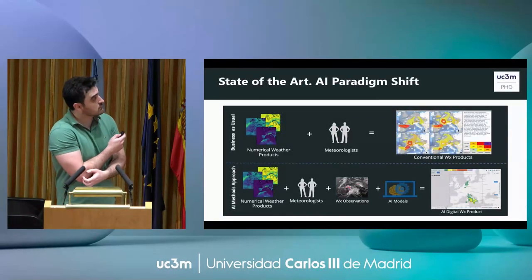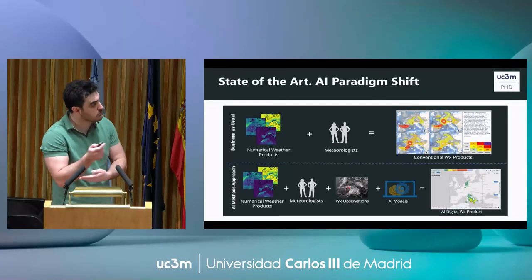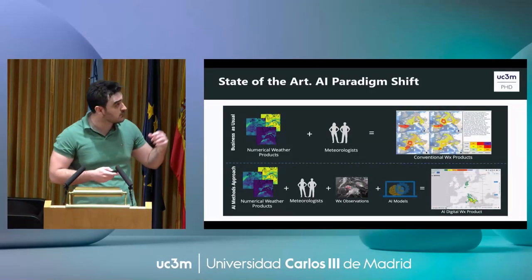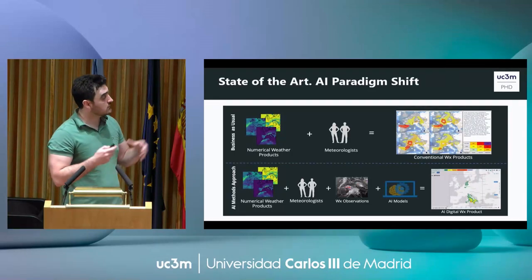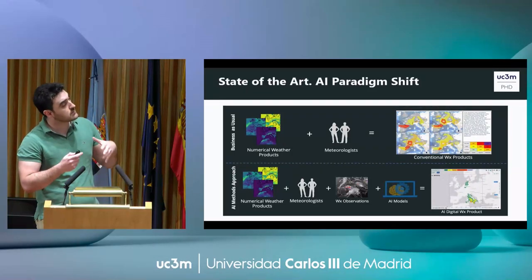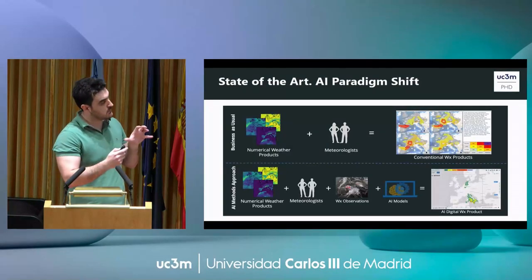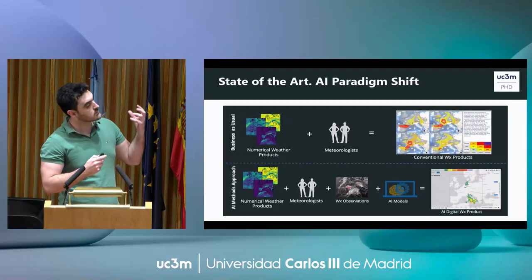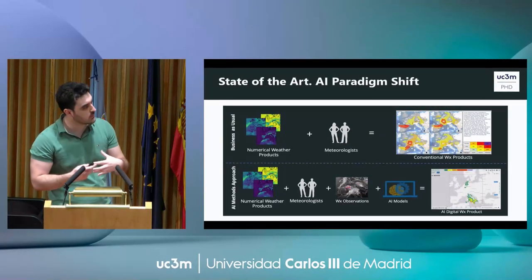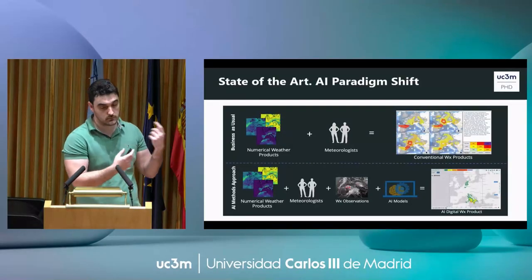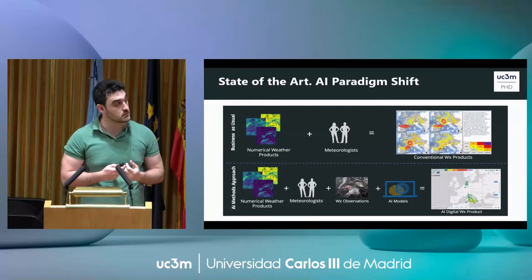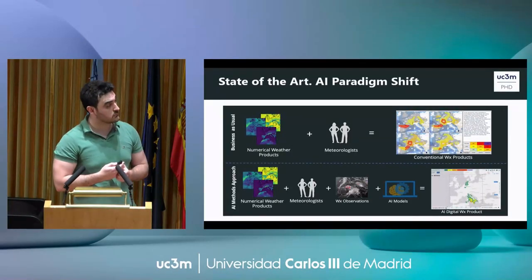What you see here is an idea that started at the university, in the research group of Manuel Soler, who was looking at these figures before me and proposed the idea of using AI to bridge the gap between the numerical weather products and the observations, and see if we can create an AI that can learn from the patterns between these two data sources, and eventually create a digital product that can be ingested in the decision support tools of the stakeholders.